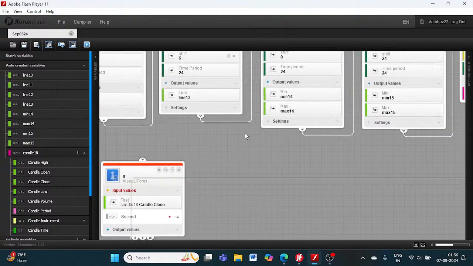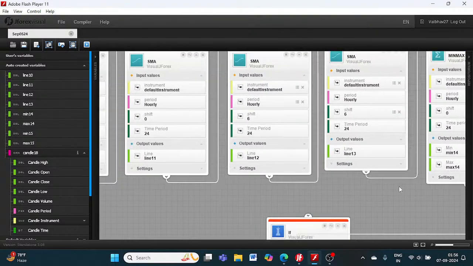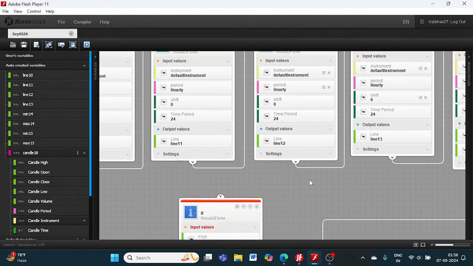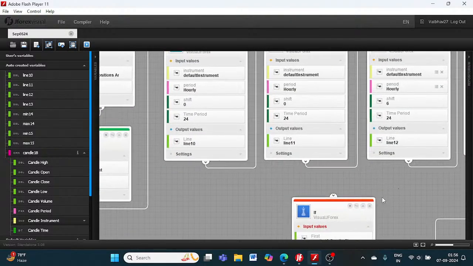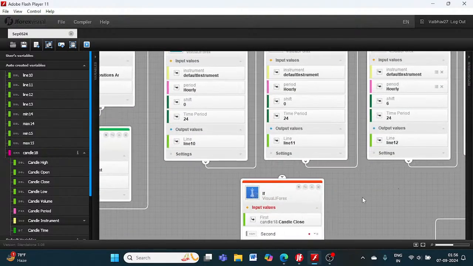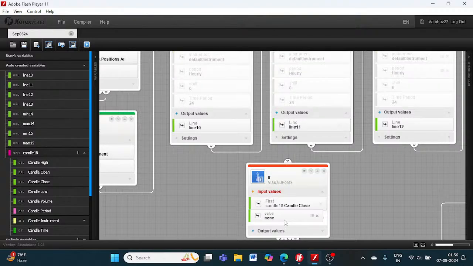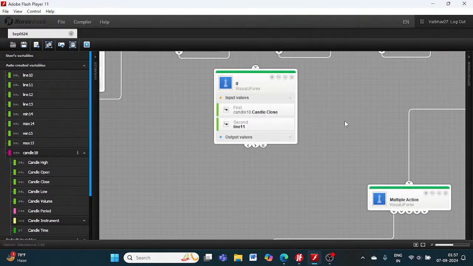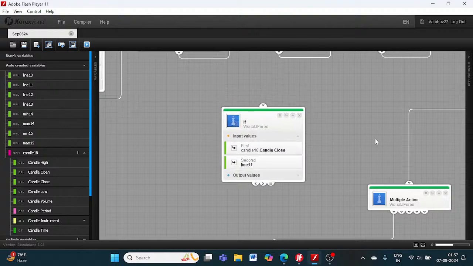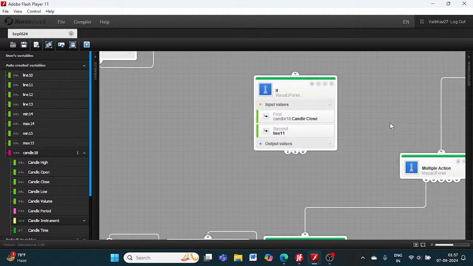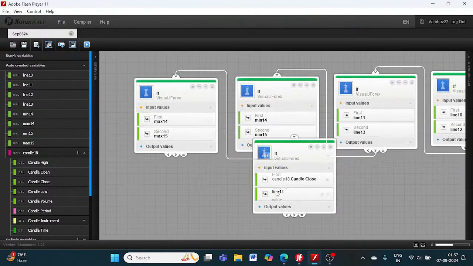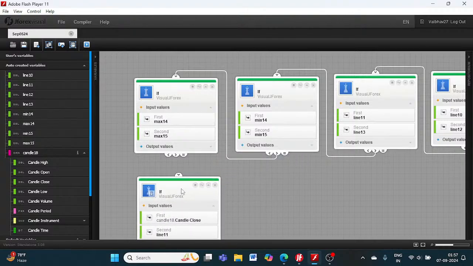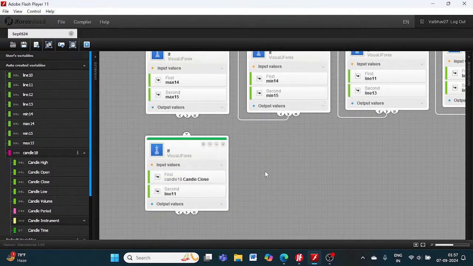Candle 18 candle close needs to have been below the SMA of the low price, current SMA of the low price, which is line 11, and the trade execution will take place. Okay, so this is it. We have put in place these conditions involving the SMA and